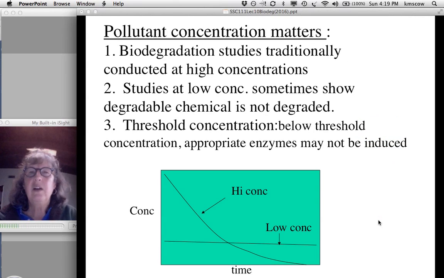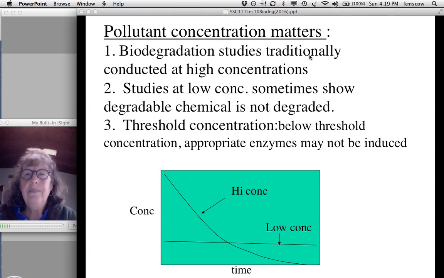Concentration matters as well, the concentration of the contaminant. This is super interesting because originally when people first started to do research, they would conduct their biodegradation experiments at pretty high concentrations of the pollutants, partly because we didn't have analytical methods that could detect low concentrations. So we'd have to do what we could do, which was work at higher concentrations where you could use existing